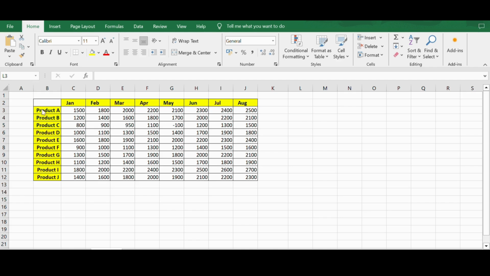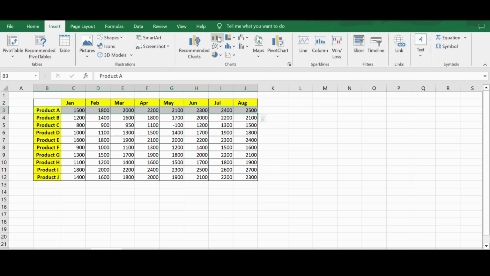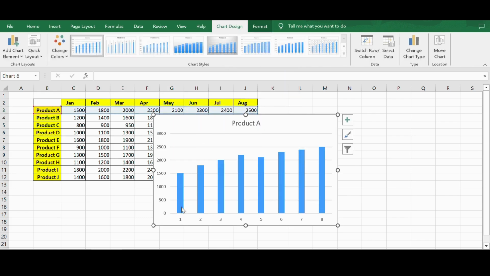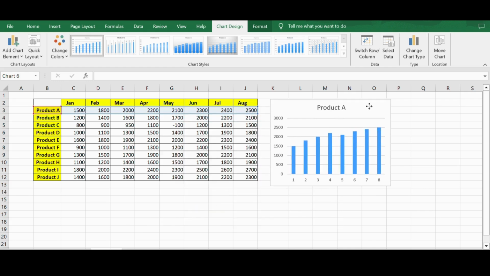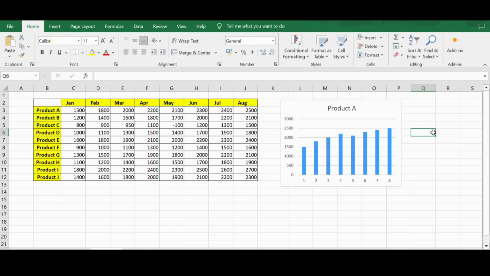So our first step is to select our first series. I will be going with product A. Once you do that, you press insert and I will be choosing a bar graph. I will just move it on the side. Right. Once you insert the bar graph or whatever graph that you will be choosing for your first series,